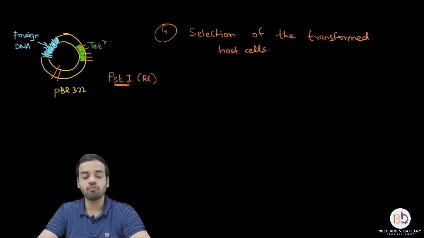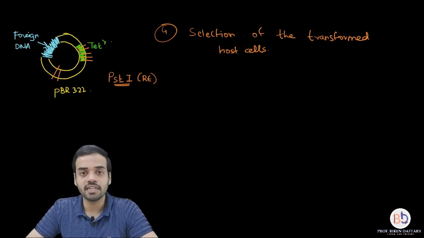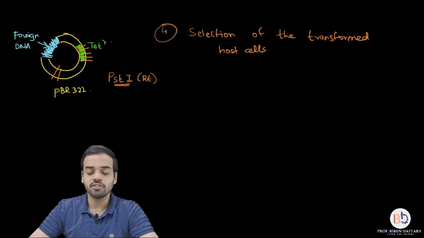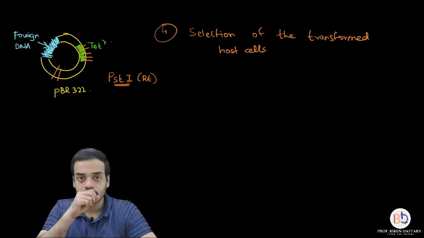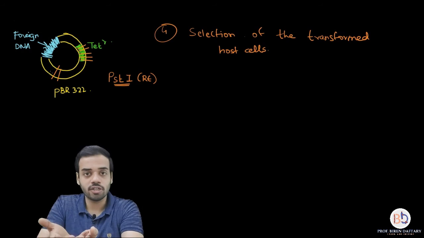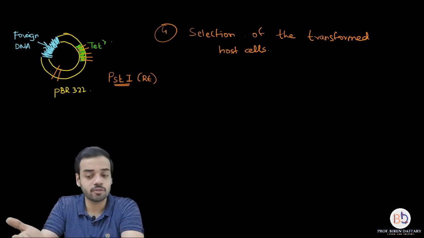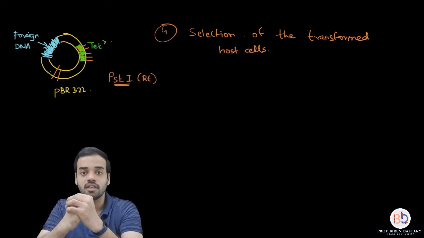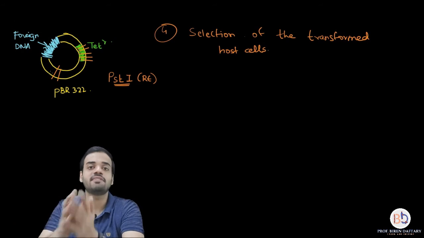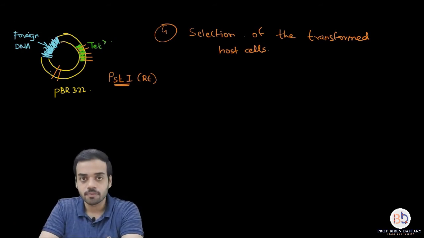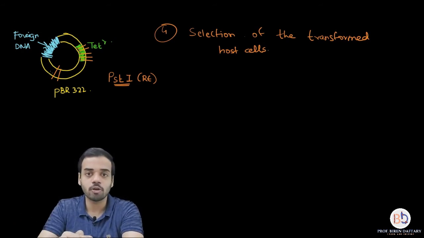Very simple. If you want to find out which bacteria are transformed and which are not, suppose I use ampicillin, now you have that colony of bacteria, right? Some of them are transformed, some are not transformed. Transformed means having recombinant DNA, non-transformed means not having recombinant DNA. Suppose in that plate I pour ampicillin antibiotic, that is also a liquid, what will happen? All the cells will die.